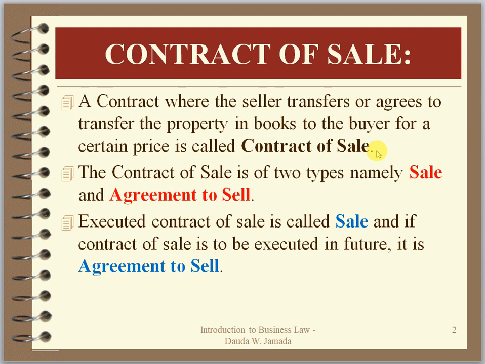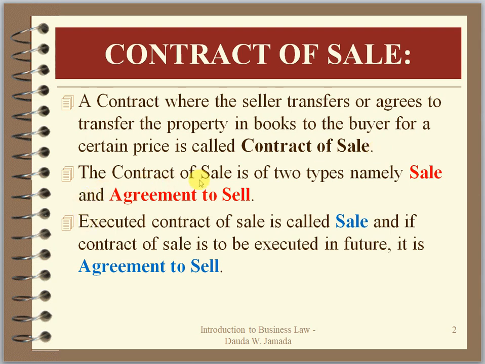Take an example. You have your small business. Maybe you're selling electronic appliances, or maybe you have a boutique shop selling clothes and many other things. Then somebody comes to your shop and wants to buy a good from your shop. So the moment you agree to give that person that particular good, and that person is going to pay a certain price for it, then it is what we refer to as a contract of sale.